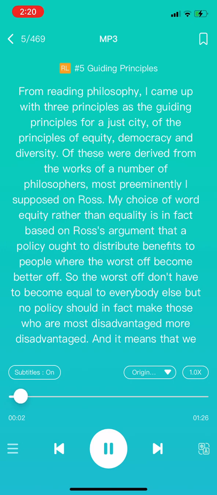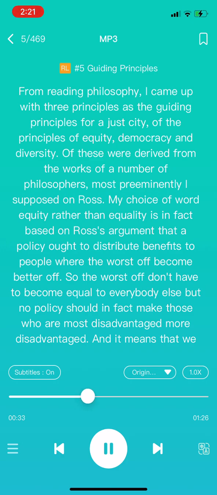From reading philosophy, I came up with 3 principles as the guiding principles for a just city. The principles of equity, democracy, and diversity. These were derived from the works of a number of philosophers, most preeminently, I suppose, John Rawls. My choice of the word equity rather than equality is in fact based on Rawls's argument that a policy ought